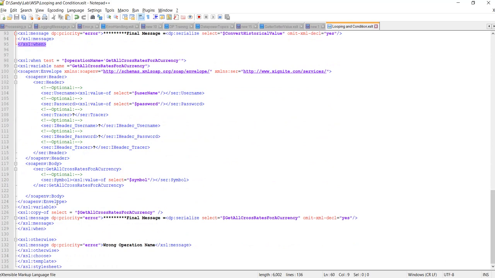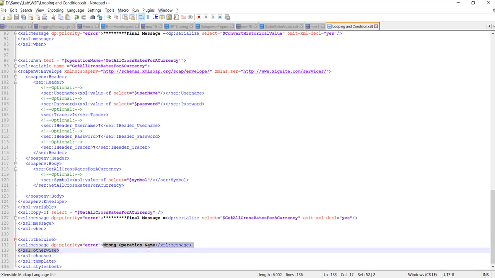After that we are storing this request message into a variable. Then we are just printing that we got the exact value, meaning we constructed the message correctly, and we'll close when here. After that, otherwise means, like we have if and else if, if none of the conditions is met, we'll simply print here wrong operation name.